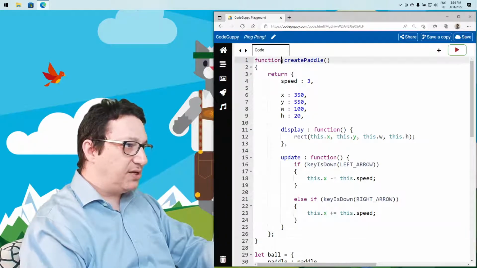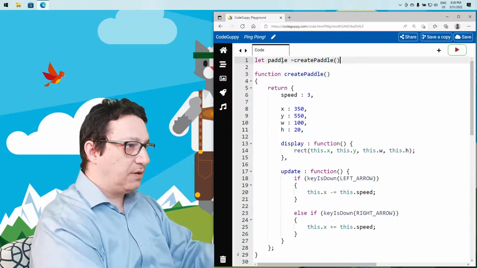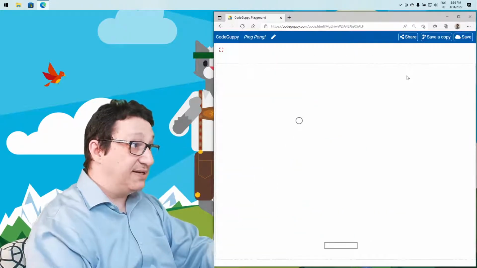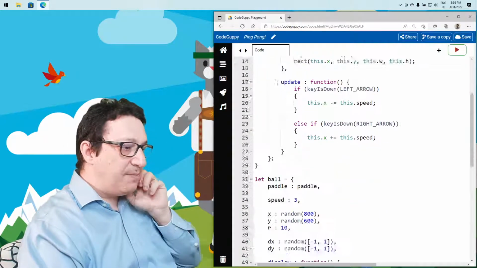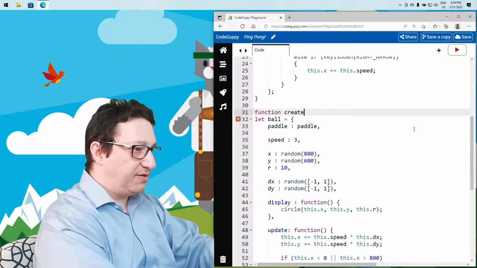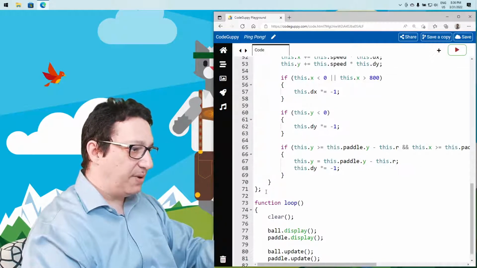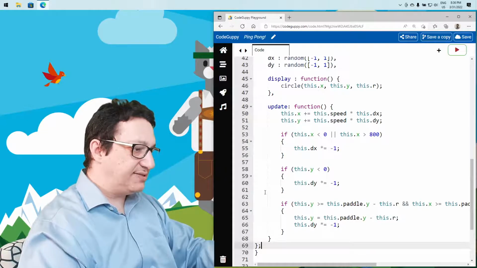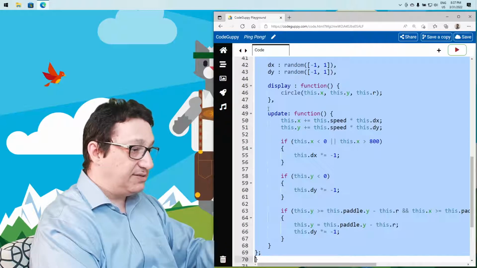The way to test it, we can go outside and have the same statement here, pedal equal create pedal, like this. And if we run it, yes, the program still runs, so it's fine. We'll come back to this one because we have to create two pedals, but let's wrap really quickly also the one with the ball here. So we're going to have function create ball, and we're going to take the entire code up until loop, delete it and paste it inside, just like this. And let's indent it a little bit,